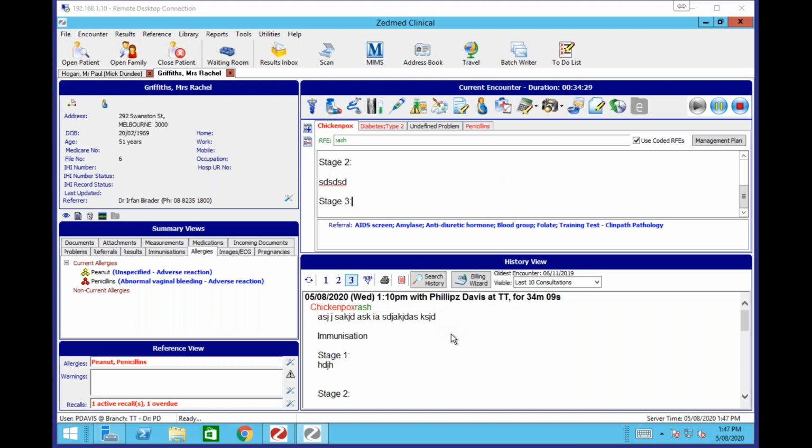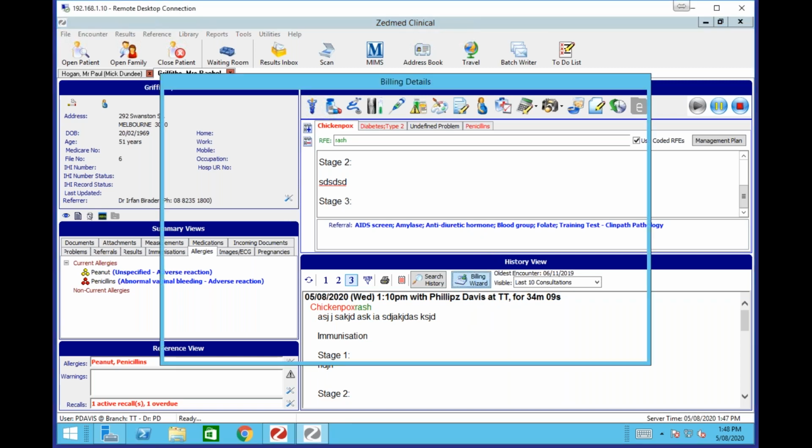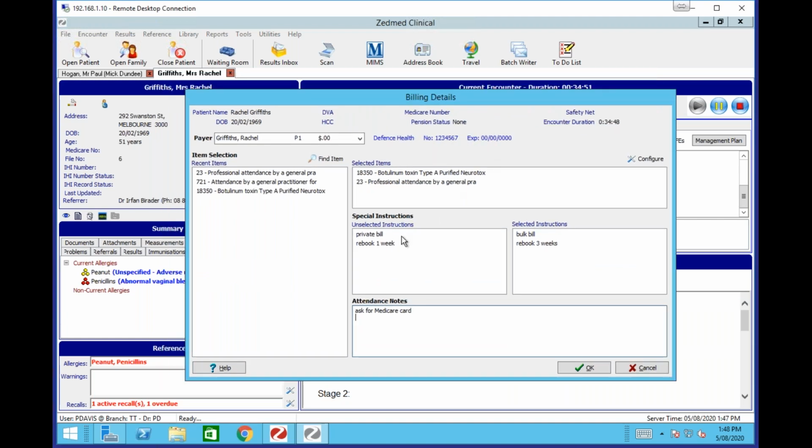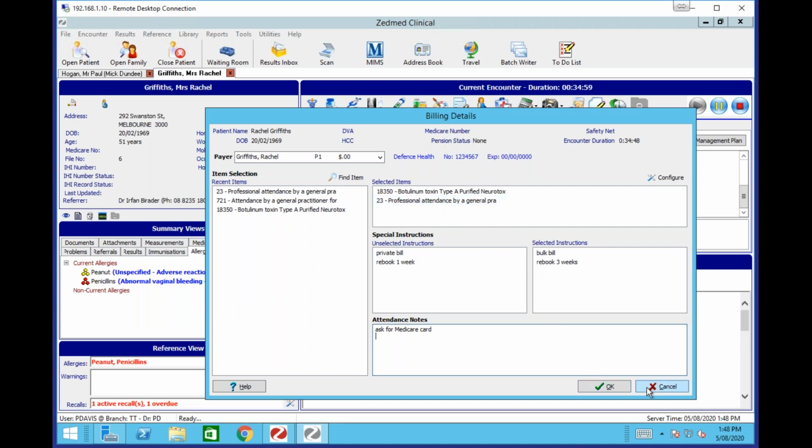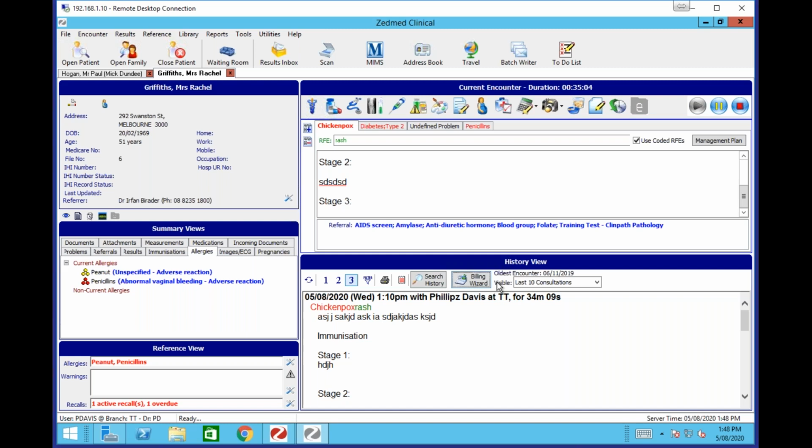If we did, in fact, want to send through the billing information to reception before we'd finished typing up the notes, which is a common thing, you don't really want reception to interrupt you to ask what the billing should be. You could always use this billing wizard button down the bottom here. If we click on that, that's another way to pull up the billing details screen. You can see we've still got this information there. We can double click on things to move it across. So that's a sneaky little way that you could send the information through to reception